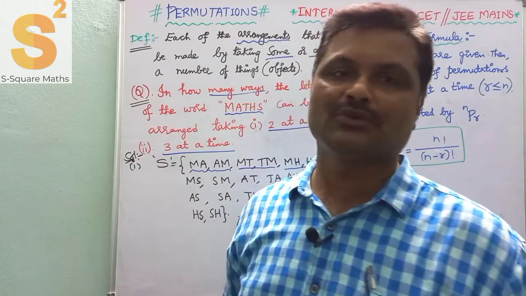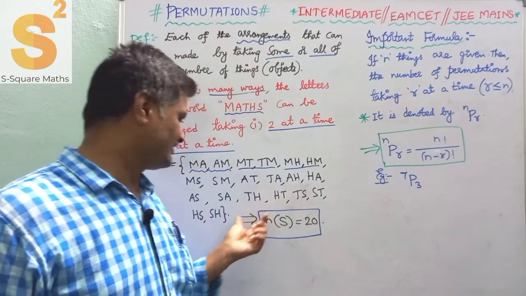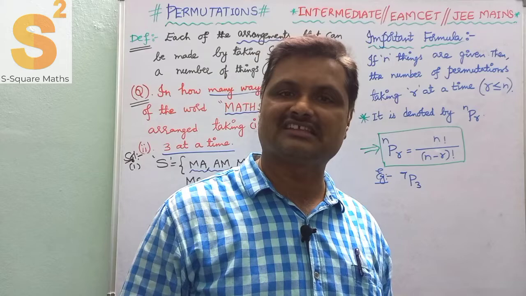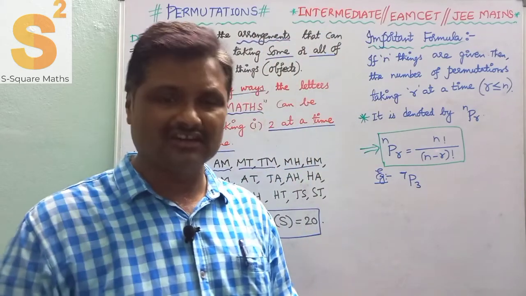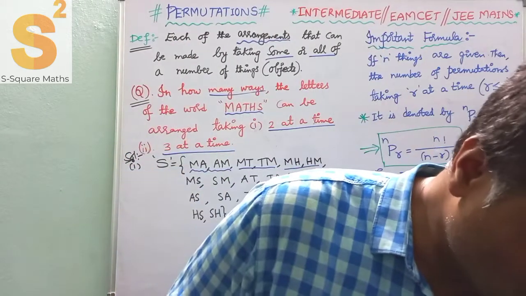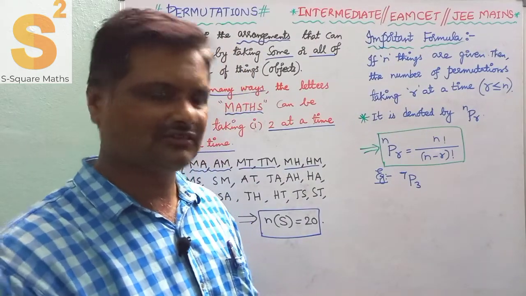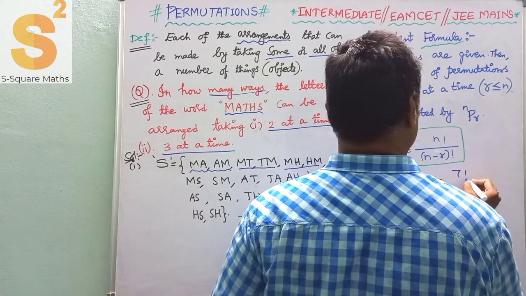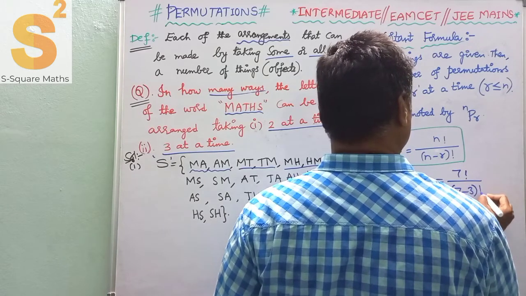For objective MCQ examinations, instead of asking you to list out the elements, they ask just how many pairs you can consider. This is the formula you have to apply. This is nothing but our factorial notation. So let us evaluate the value of 7P3, for example. It can be written as 7 factorial by (7 minus 3) factorial.